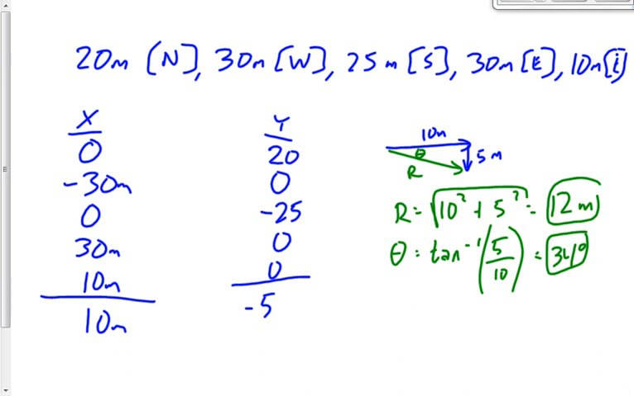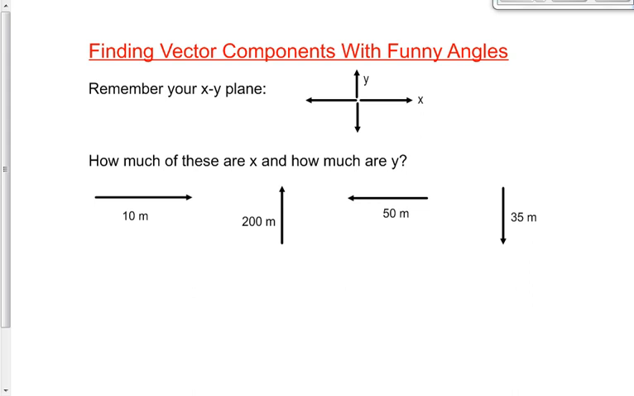All right. Today, we're going to go one step further with this. Today, we're going to deal with funny angles. And by a funny angle, I mean something that's not 90 degrees. In other words, what if I'm trying to add this vector to this vector? How do I do that? I can't just say,